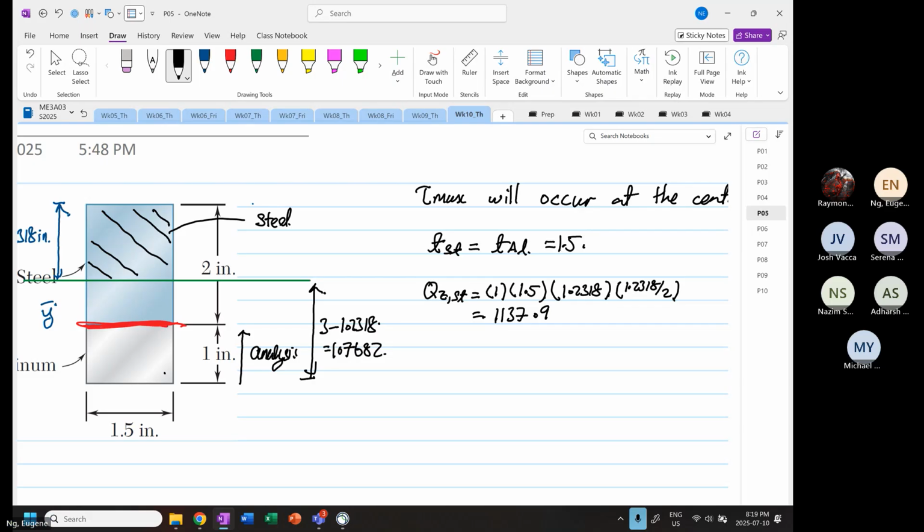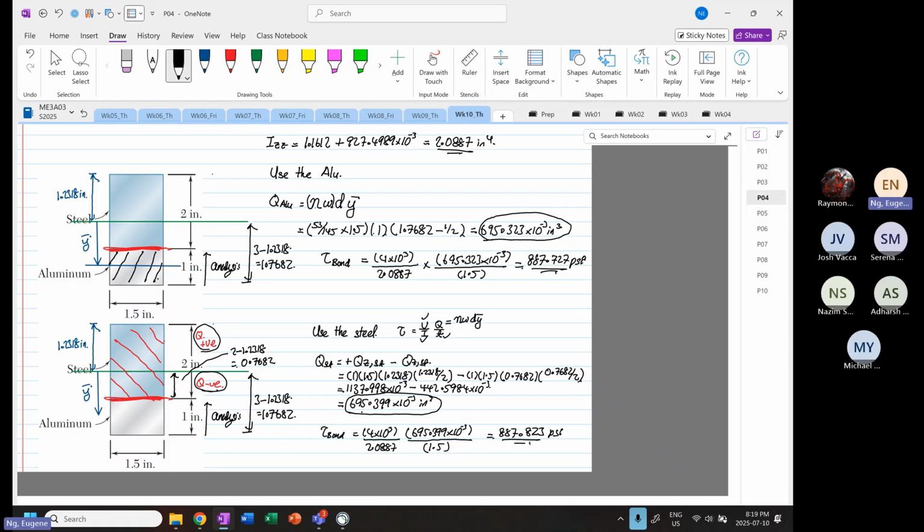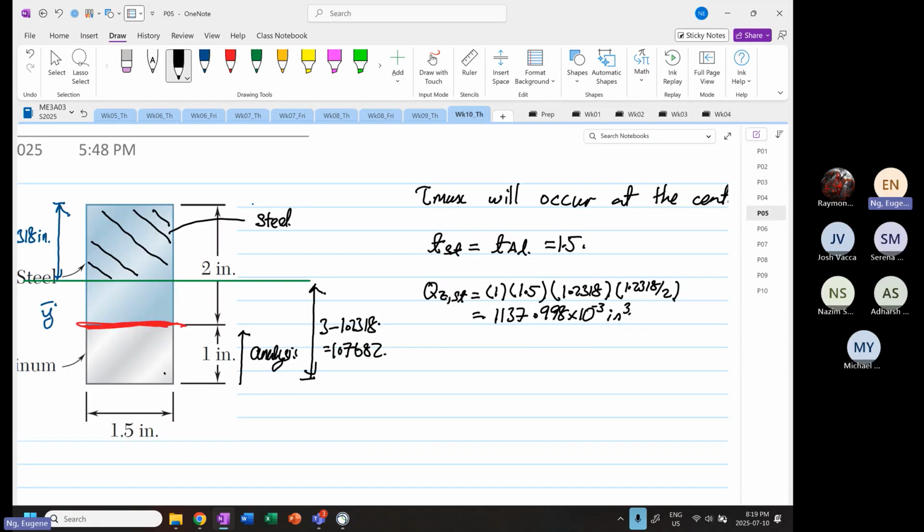1137.998 times 10 to the power minus 3 inches cubed. I think we got the same as 1137.998, yep. Okay, so therefore, tau at the max is equal to V, which is equal to 4 times 10 to the power 3,